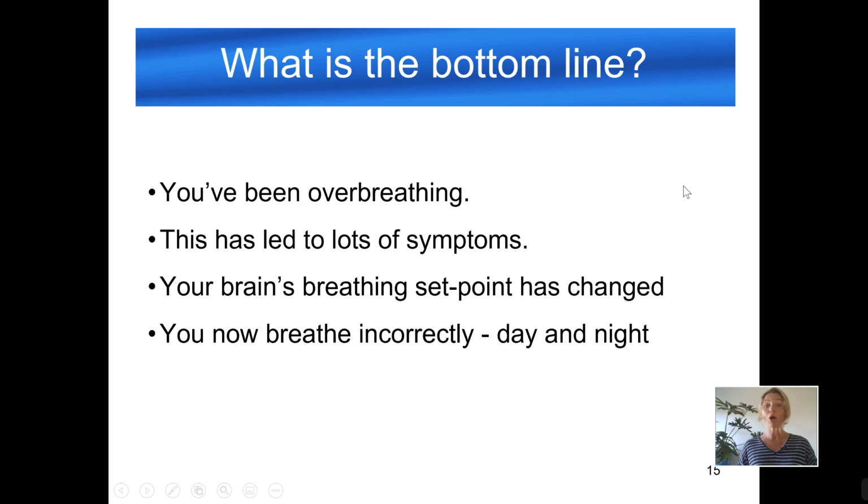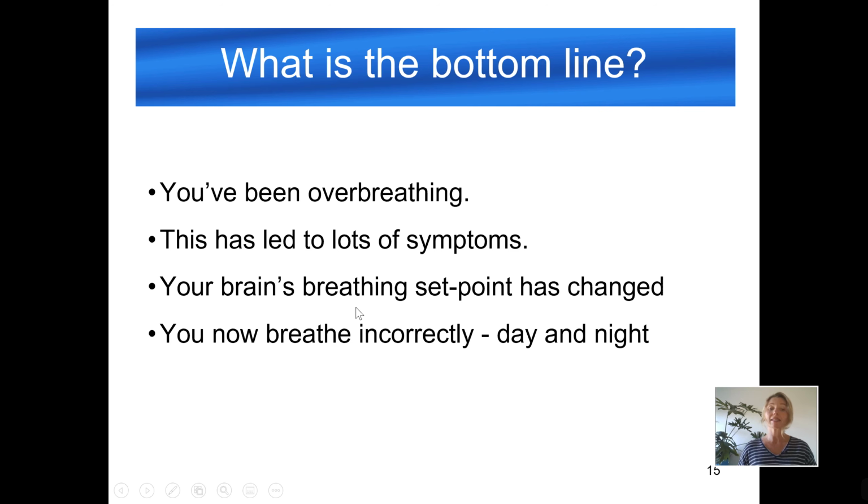So what's the bottom line? Depending on your results from the test you did at the very beginning, maybe you've been overbreathing. Maybe this has led to some of the symptoms that we've mentioned. You certainly probably don't have all of them, but you might have had some of them. And what that means